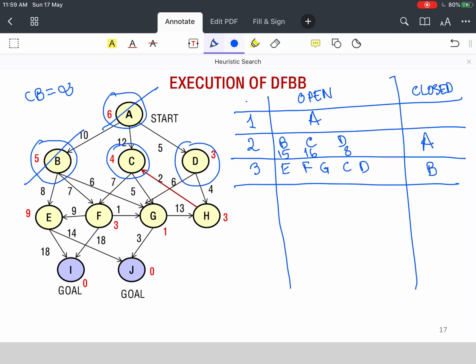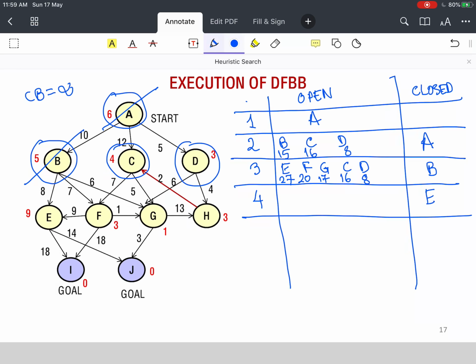And C and D. And E will have a cost 18 plus 9, 27. F will have a cost 17 plus 3, 20. G will have a cost 16 plus 1, 17. C continues to have this as 16.